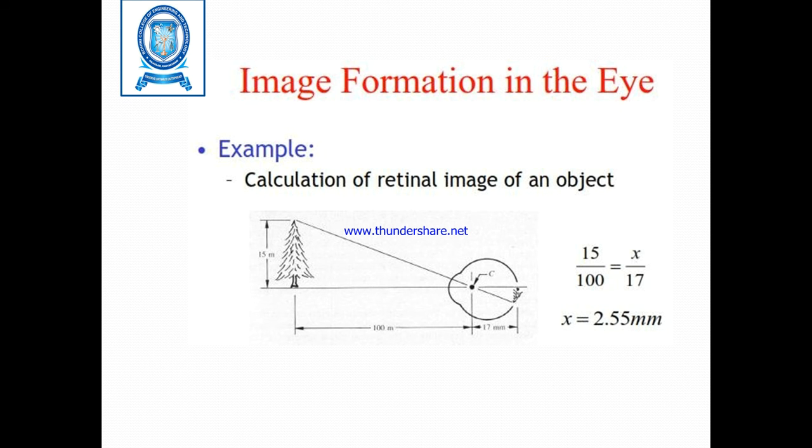Okay, so now they have given an example of how an image is formed. This is the formula that we use for calculating the image. So this is how an image is formed in the retina of our eye. I hope you all have understood how an image is formed in the eye, and how the inner layers, retina, cornea, sclera and choroid, play a major role in image formation.